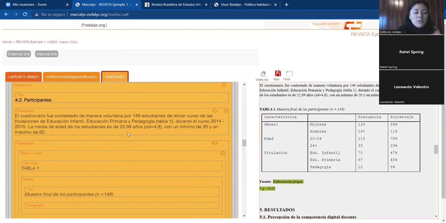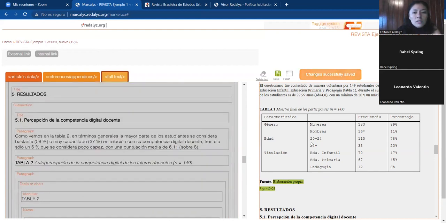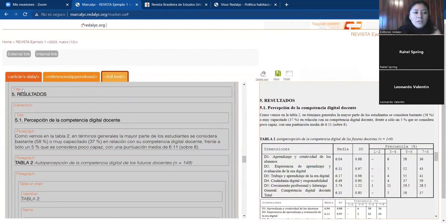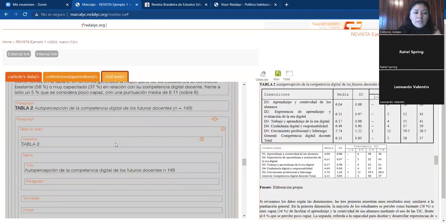So we finish with our first table. Remember, save, and we continue with number 5. Title number 5, subsection 5.1 is correct. Now the second table. But look what happened here. We have